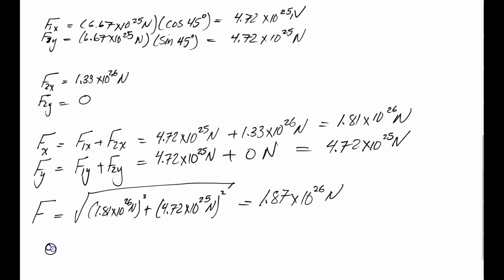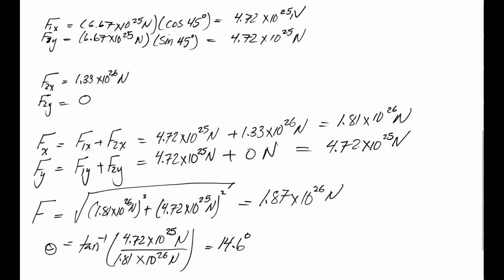And the angle theta that the resultant force F makes is going to be tangent inverse of Fy, which is 4.72 times 10 to the 25th newtons over 1.81 times 10 to the 26 newtons, or about